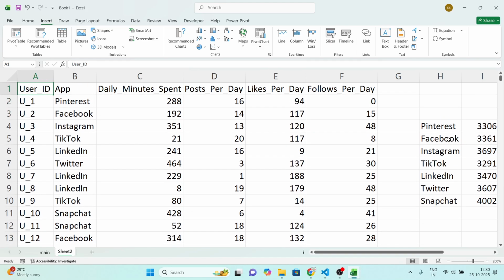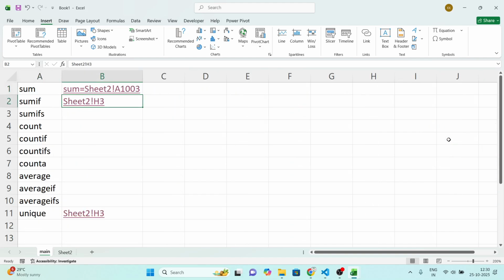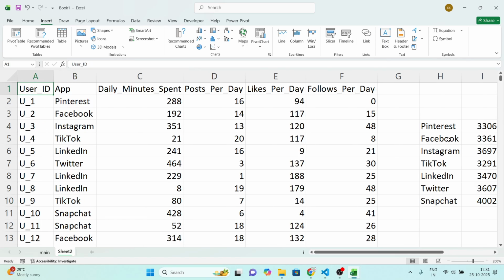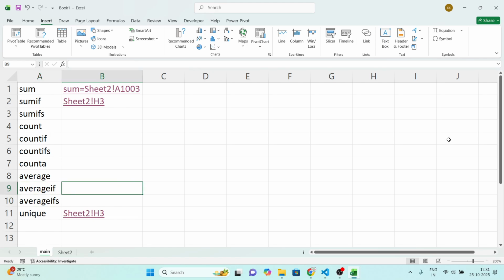The SUMIF function you already covered, and AVERAGEIF, COUNTIF, and I think you can do it all yourself, and I repeated many times, so I think you have an understanding of this. SUMIF, you will do COUNT, COUNTIF, COUNTIFS, COUNTA, AVERAGEIF, like this. So this is the data, and you have to apply functions on this data and connect those links here. This is your task. If you find any difficulty, please let me know, and I don't think you will find any difficulty, understand? Okay, Control S and